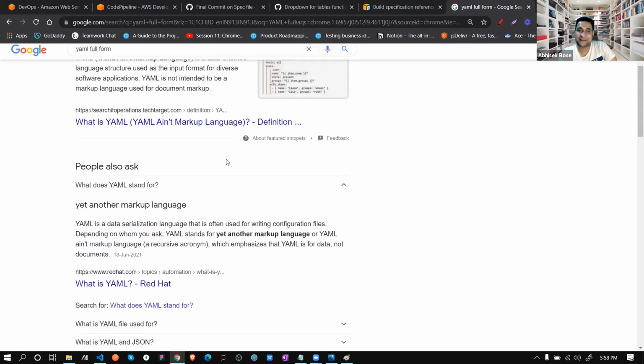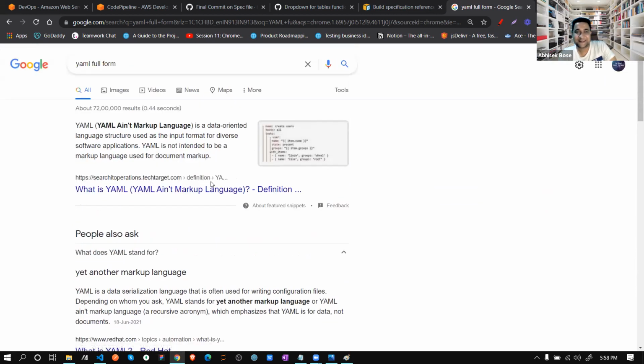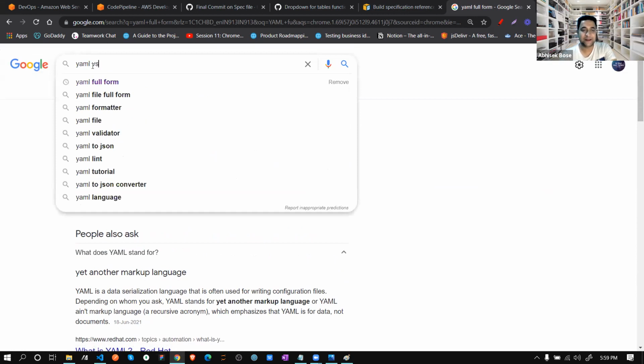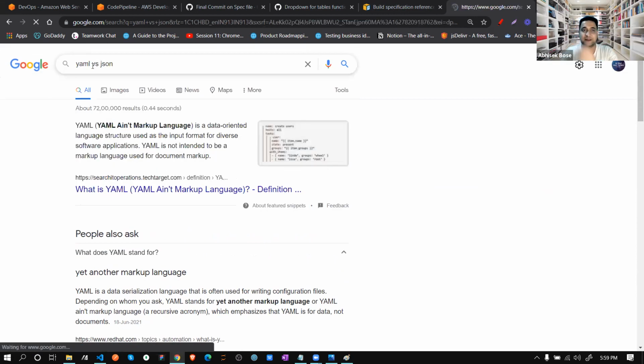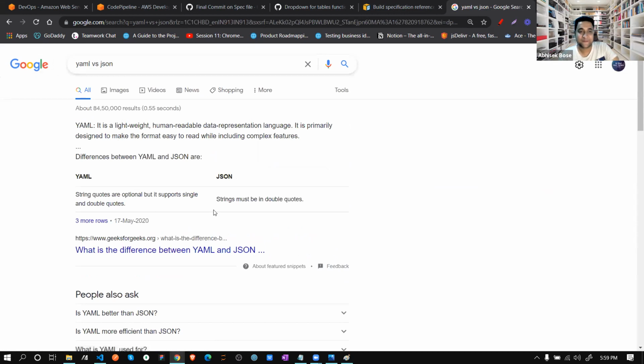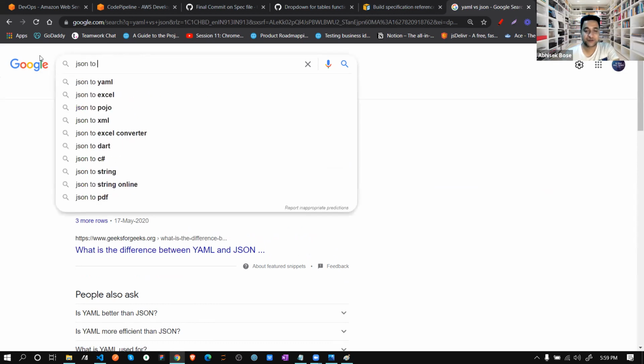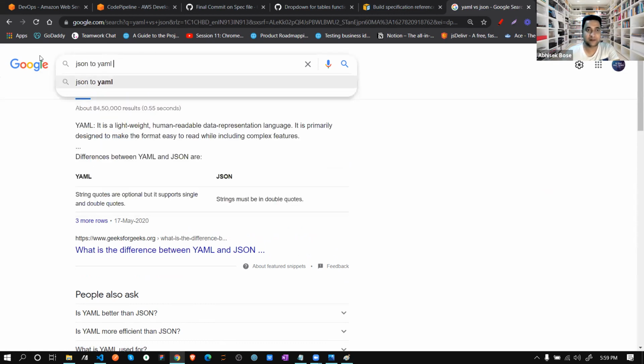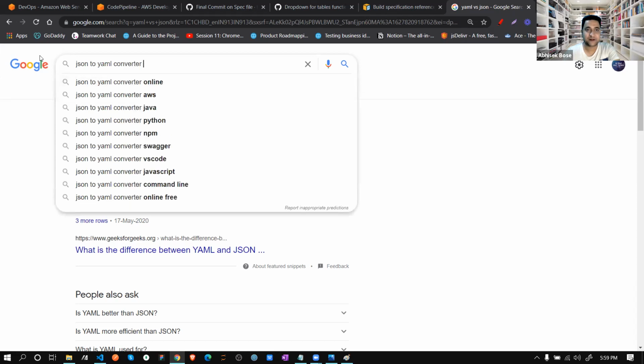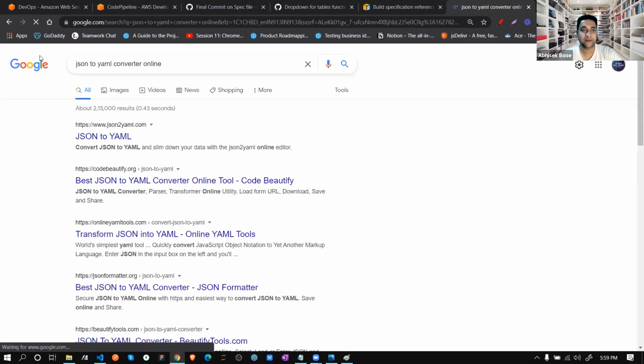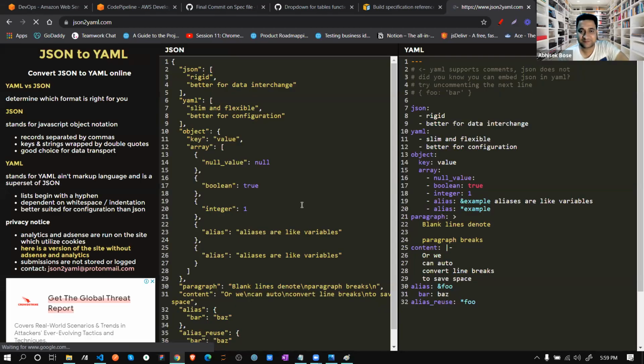Yeah, but this is not actually a markup language, because it is very nearby to JSON. If I search YML versus JSON, let's see a JSON to YML converter online and see how it looks.